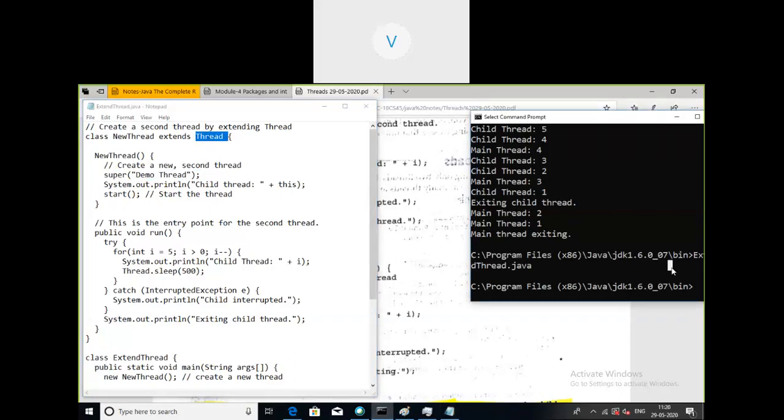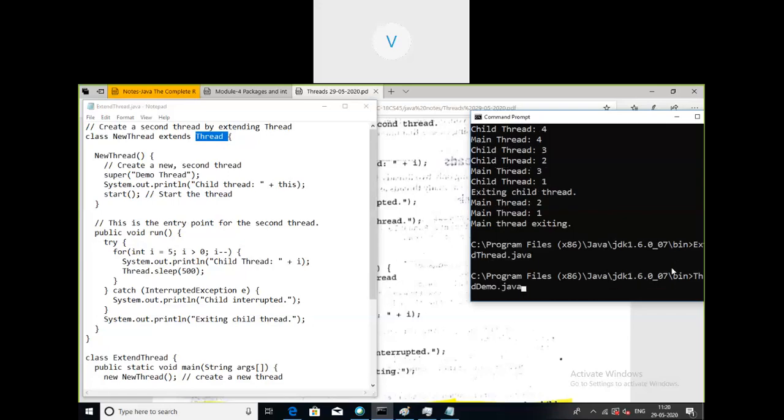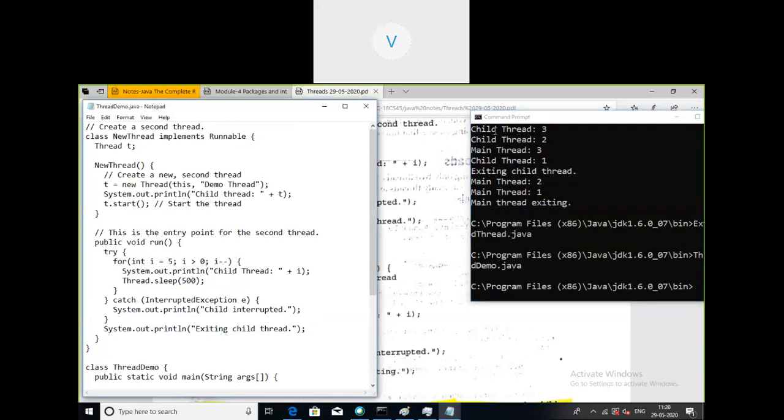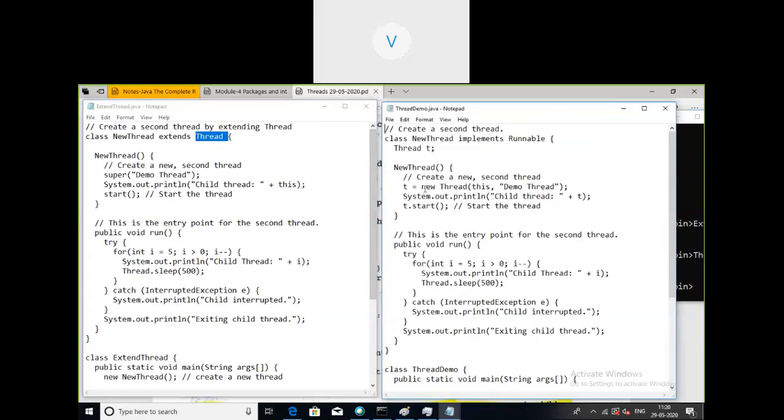See here, I'll keep both the programs side by side. It will help us to understand the difference. In the first program, what we have discussed just now, we created a new thread by calling the Thread constructor, and here we are creating the new thread by just calling the constructor of the superclass.